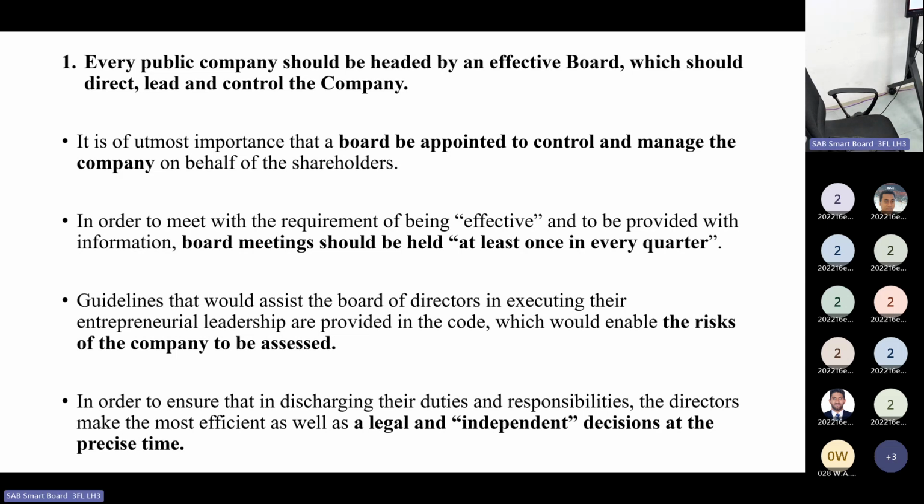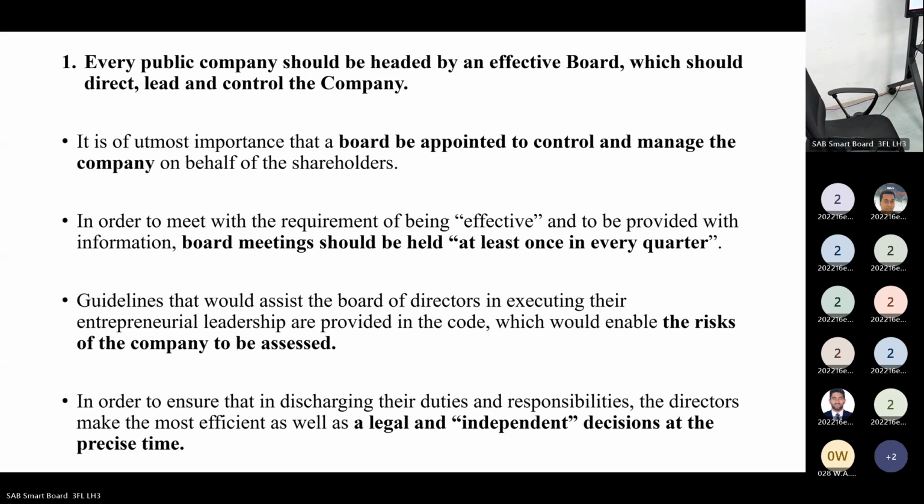They covered 10 elements. Many of these 10 elements you already know now. I'll go through that. Same thing we studied on the board committee, board membership. Now they are bringing it here. You can read and understand. In 2003, the first one they said was every public company should be headed by a board, which should direct, lead, and control the company. So they are talking about what the board is, what they have to do, what the board meetings should be,